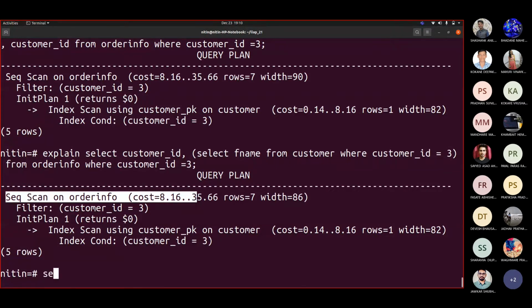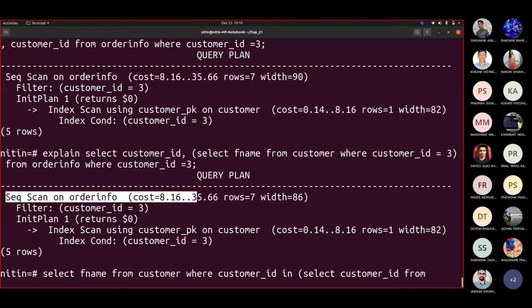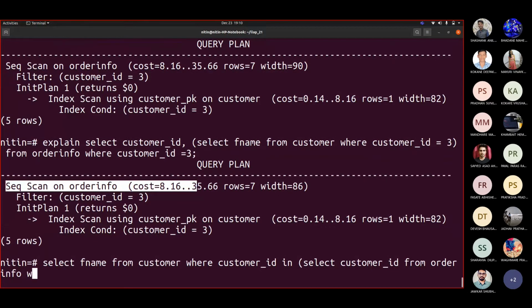Okay, now similarly, if I write select app name from customer where customer ID in, select customer ID from order info where customer ID equal to 3.